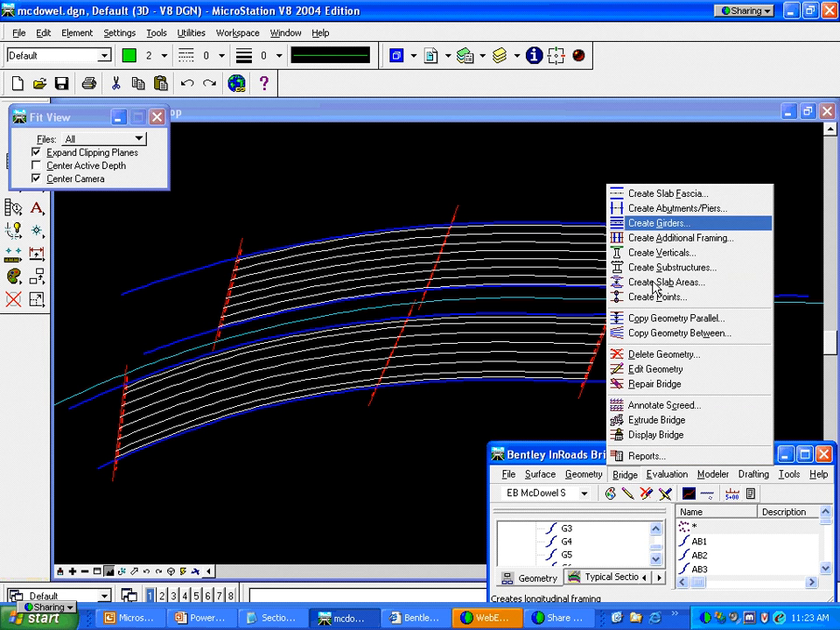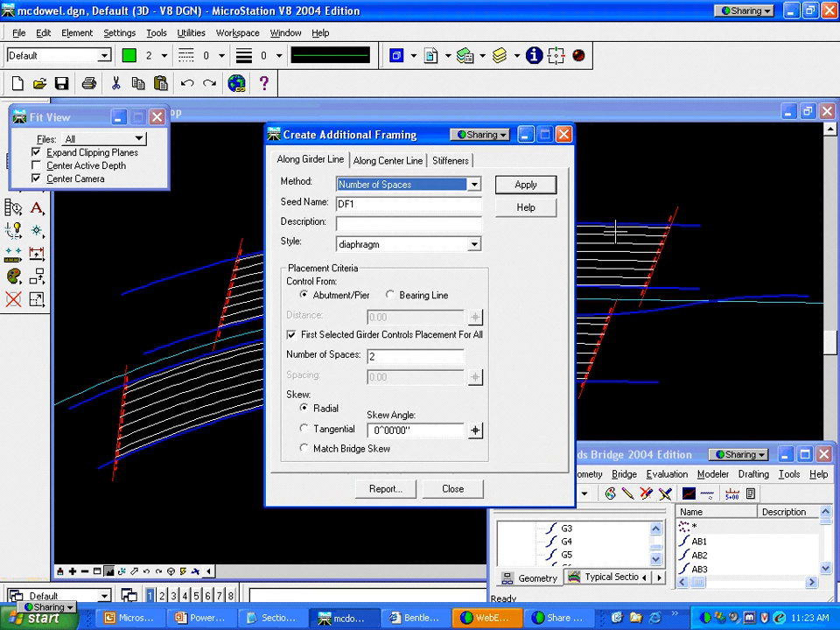Before you get into that, you'll see that the next item on the menus is to create additional framing. Well, we're not going to do that in today's class, but I was going to show you the dialogue anyway. If you wanted to create geometry or points that represent any diaphragms or stiffeners that you might have on the girders, this would be the place to do it. You have many methods here to place those where you need to, number of spaces or maximum spacing. And what this will do is just create alignments, again, from the seed name that you specify that represent the locations of each of the stiffeners or diaphragms. But for the next step, we're going to go on